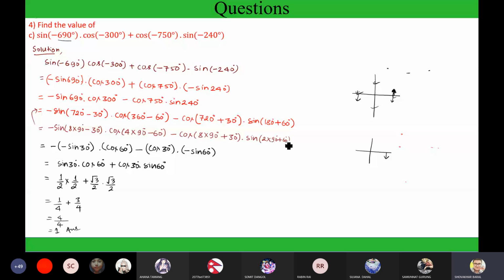Okay. The main thing that you need to understand is the basic concept, the formula that we have used here. We have used the concept of the negative angle: sine minus theta, cos minus theta. What happens? You need to understand that. So cos minus 750. We have used the negative angles formula. Next, we have changed this angle in terms of 720 minus 30,